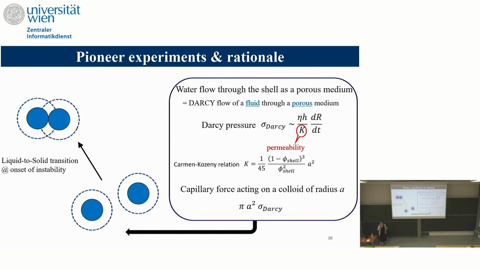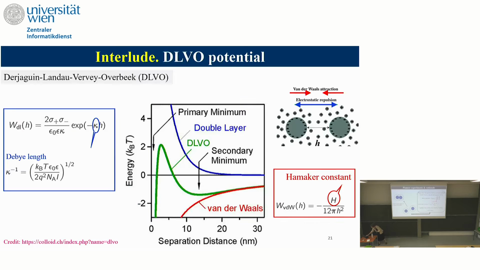And because of this force acting on the colloids, maybe I showed you before, I didn't tell you. Do I have it here? Yeah. So usually our colloids, in this experiment, are charged colloids. So this is a DLVO potential. I think we have seen this with Mehdi. I didn't tell you that it was DLVO, but DLVO is more from an experimental point of view, where you have something attractive, which is this van der Waals attraction, and you have some charge. Usually you have charge around your particles, and you have some electrostatic repulsion, this double layer repulsion here. And the combination of the two is what is called this DLVO, for